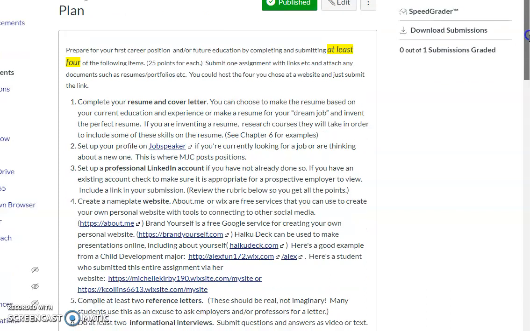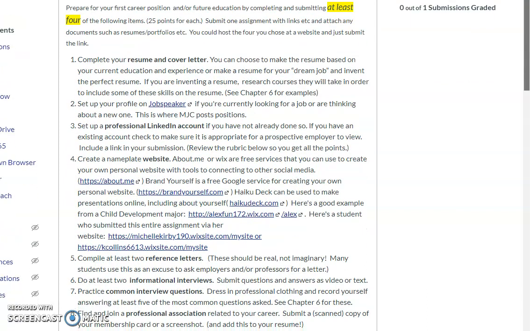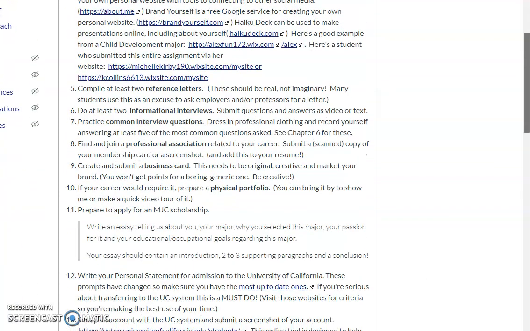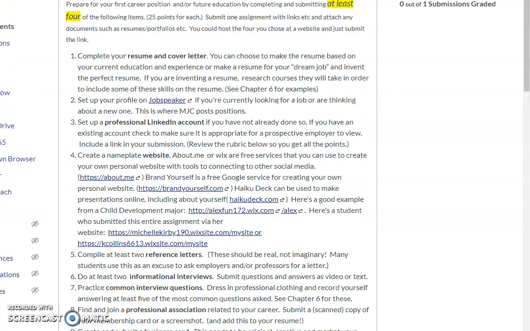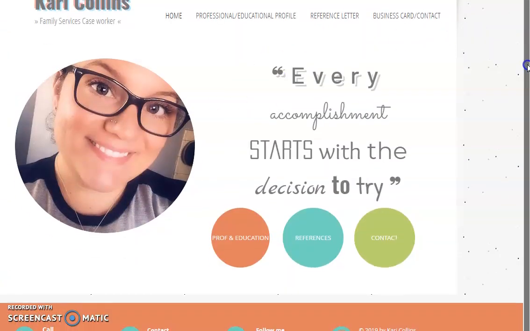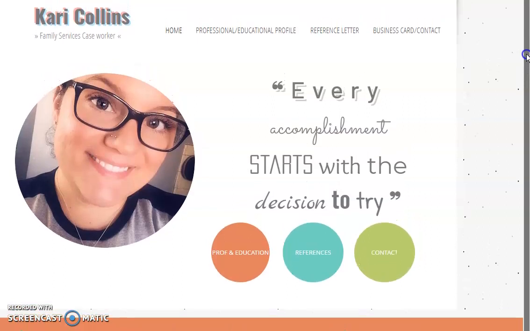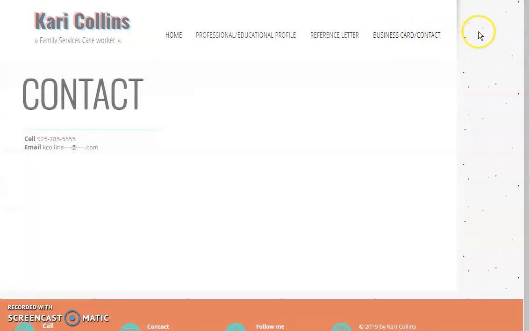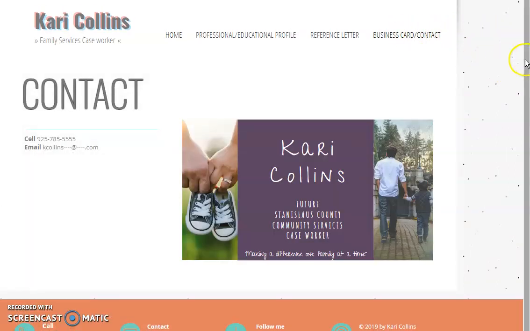So what you do want to make sure and do is try to think about how you're going to submit your 4 items. For example, if I scoot right down here to this example, this is how Kari actually submitted this assignment. She just gave me a URL for this website, and she has all of her 4 choices in here. She chose to do a business card, which, here's an example.